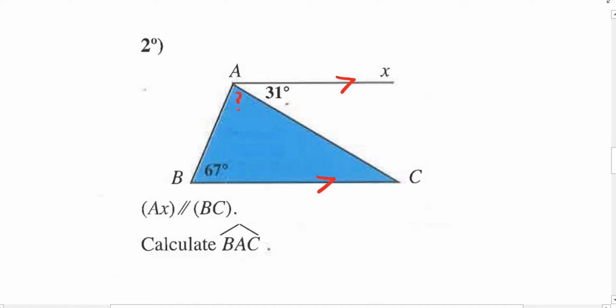Now let's look very well, guys. I have two parallel lines that are cut by a secant. They make the letter Z. Look at Z. Now why do I need Z? Because Z will help me find C. If I find C, then I will have one missing angle in the triangle ABC, which is angle A, and